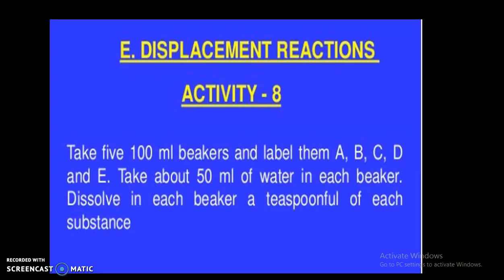Now, I hope displacement reaction is clear to you. Let me tell you once again: when a more reactive metal is added to the salt solution of a less reactive metal, the more reactive metal, the one which is the most reactive, will displace the less reactive metal from its salt solution. So such a chemical reaction is called a displacement reaction. In other words, we can say that a displacement reaction is a chemical reaction in which one or more elements displace a less reactive element from its salt solution.